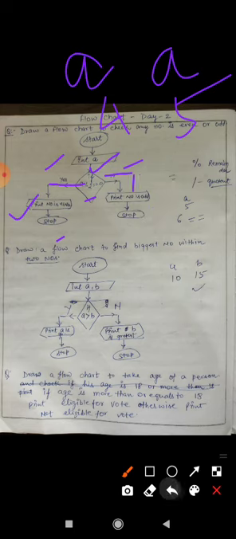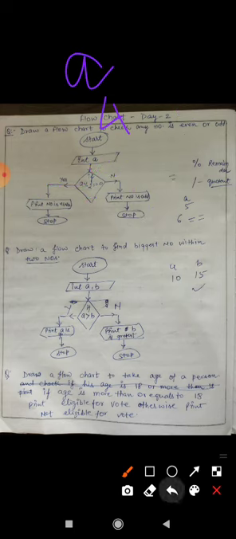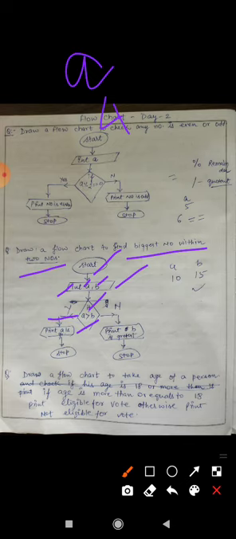What is here? Draw a flow chart to find the biggest number within 2 numbers. So what is the requirement of this program? 2 numbers. So start, then take 2 numbers. Your first number in A, second number in B. Now you check here. Condition box here: if A is more than B, if true, then A is greatest. And if A more than B is no, it means B is greater.